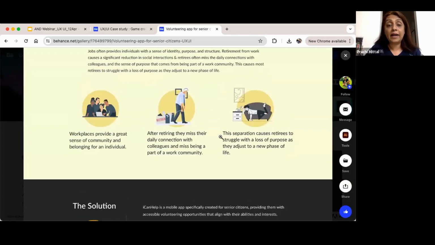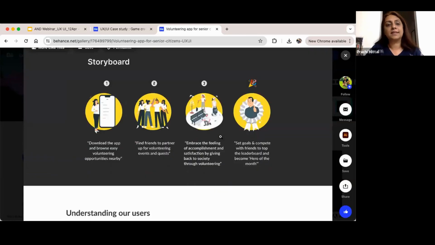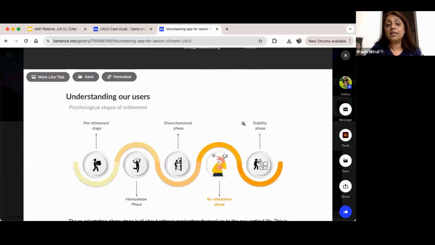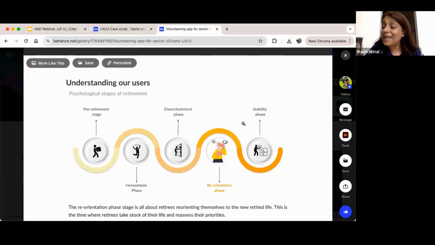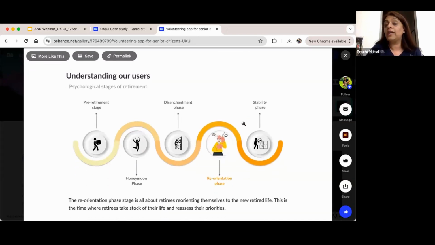How did Shrikant go about it? Let me go down to his process itself. He started by putting down what happens in the journey of a retiree. For that, he spoke to many people. He also read through some of the available research on life after retirement, and he was able to document a phase where reorientation is required. So they start at pre-retirement, and then comes this reorientation phase, where they are trying to find a new meaning for themselves in their post-retirement life.